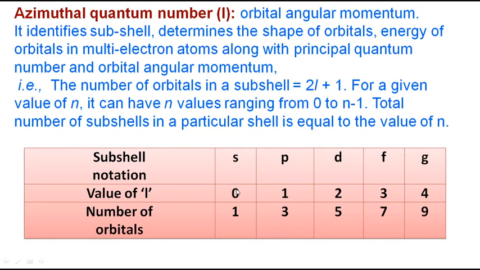So total number of orbitals S can have, 2l plus 1 formula. So 2 into 0 plus 1, only one orbital S can have. And what about P? 2l plus 1, 2 into 1 plus 1, 3. So 3 orbitals it can have. What are those 3 orbitals? Px, Py and Pz. If the value of l is 2, it has 5 orbitals. How did I find out? 2l plus 1, 2 into 2, 4 plus 1, 5. Got it? So this is how I found out how many orbitals each subshell has.